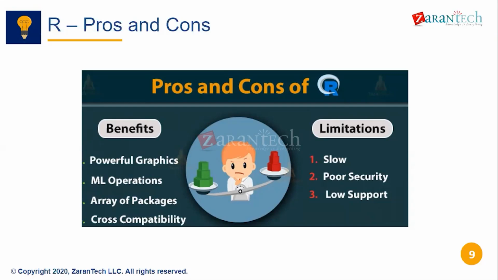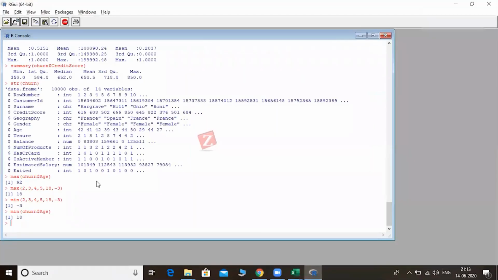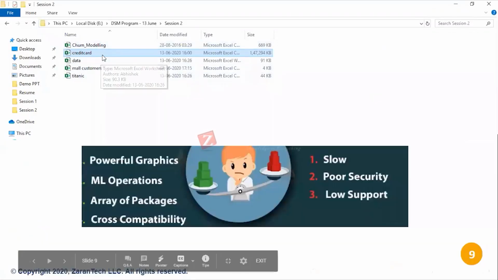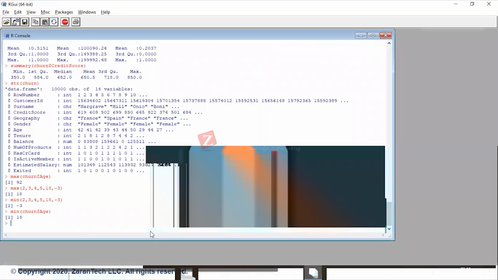The second thing is R runs on your RAM, like the session that we are doing. So if you are limited by the capability of your system's RAM, then it will become very slow. That is one of the reasons why I did not upload this data set. This credit card data set, one thing is I cannot open it in Excel because it's a 147 MB file. It's a very big file. And if I simply try, as we have done for the other credit card,